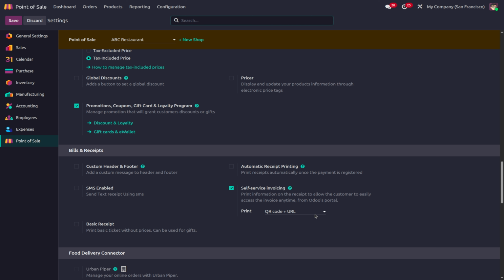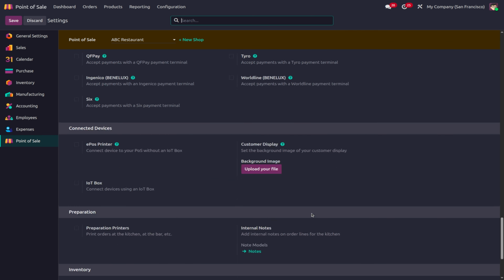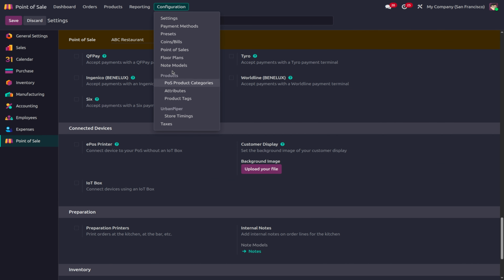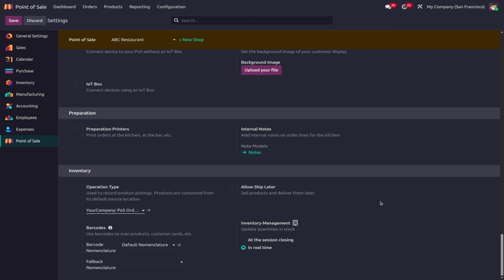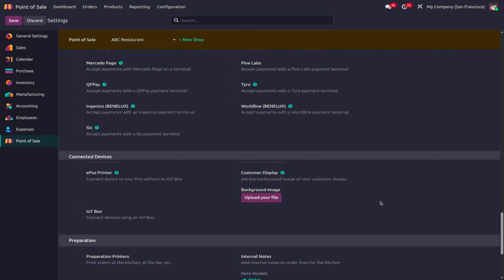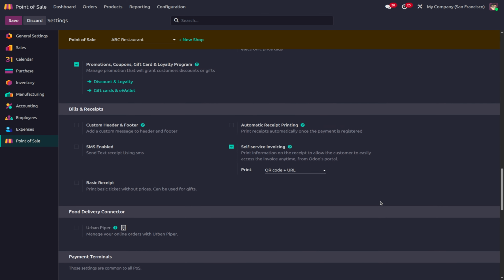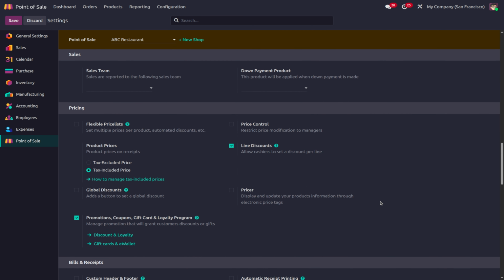Then coins or bills, we have coins or bills in our configuration. Under our configuration we have coins or bills. Point of sale flow plans, note models and preset payment methods, these we have already discussed. In the configuration menu we have to discuss coins or bills. Then in the settings we have one more option, bill splitting. How to manage bill splitting. We want to discuss the bill splitting option in our